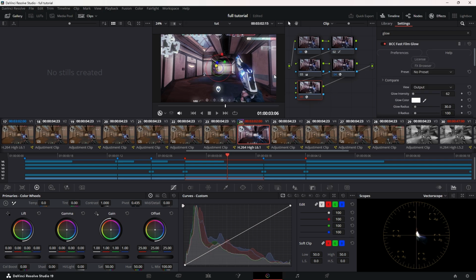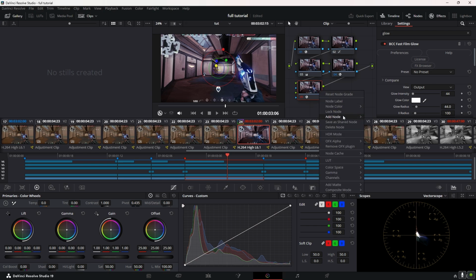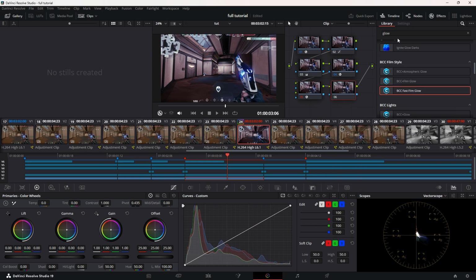It adds this. Turn up the threshold. Turn up the desaturation. Turn up the radius. And then turn down the glow intensity. That just gets the points like this. And then add another node. And this last one,